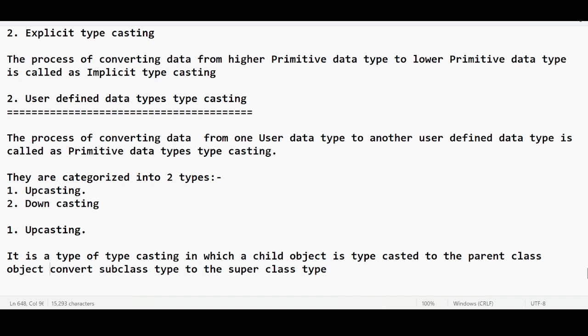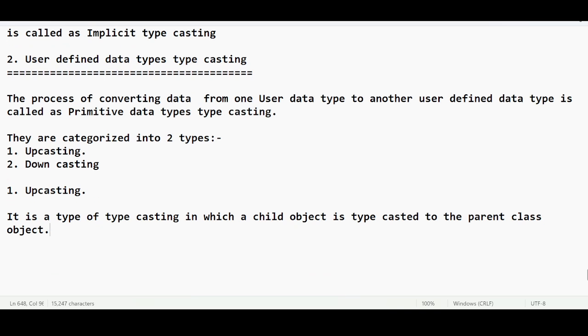Typecasted means converted. Right? Parent class object. Now it is making more sense. It is a type of typecasting in which a child object is converted to the parent class.